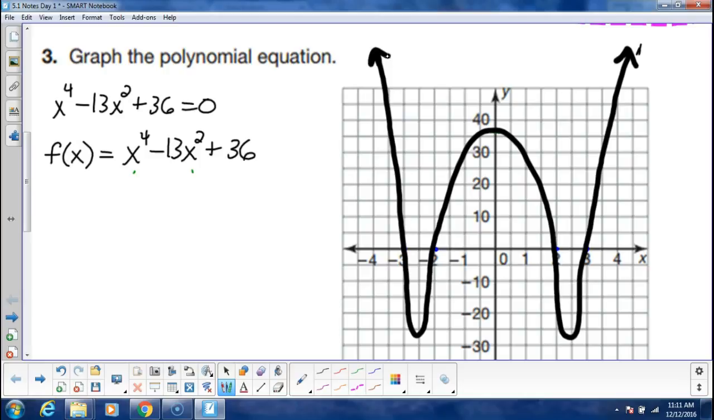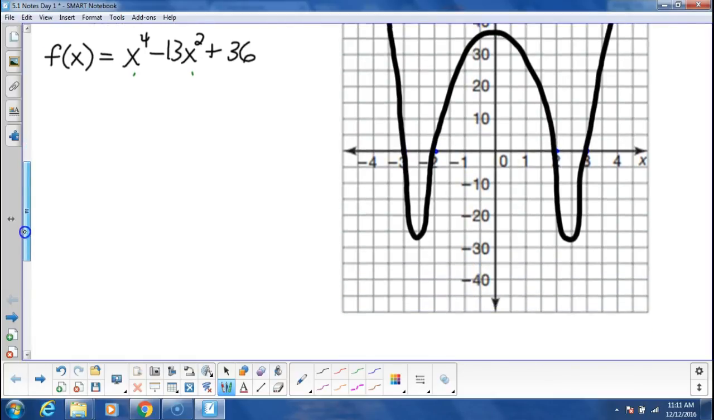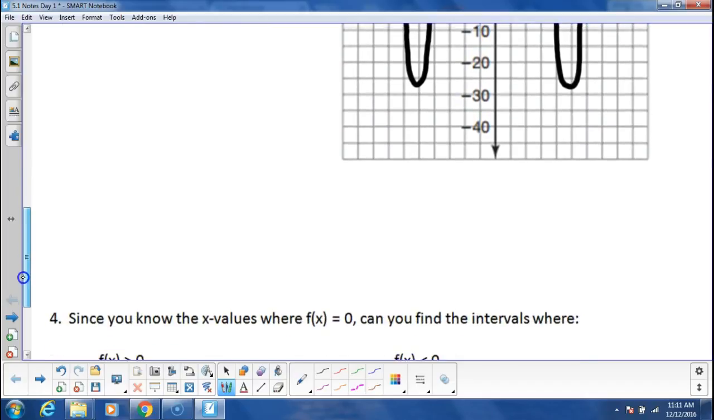Now, I'm not concerned until Wednesday about how low this function goes. Not concerned at all about that. We'll figure that stuff out on Wednesday. What I am concerned about today is when the function,